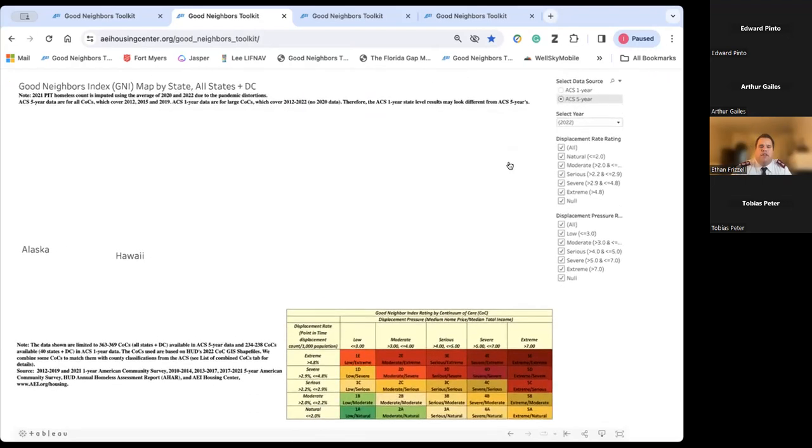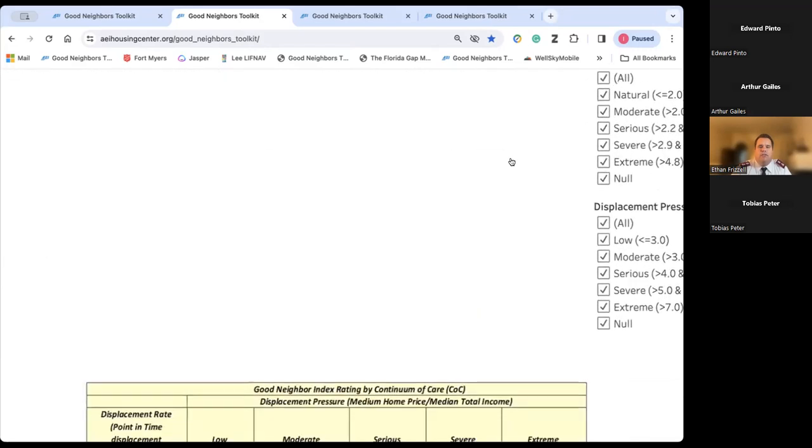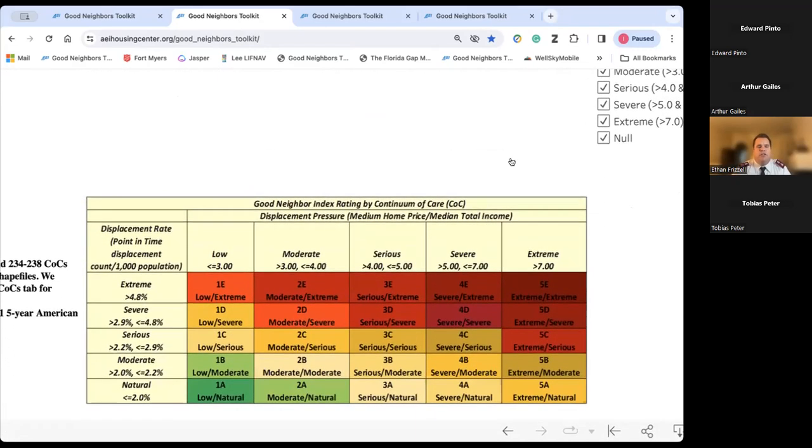This is a good time for us to share with you the Good Neighbors Index by color chart, which is on the bottom. You may have picked this up already. What we looked at first was displacement rate, which is point in time displacement per 1,000 people. We recognize that there is a natural rate in each community. We call that natural. That says it's less than 2% of the population, or less than 2 per thousand, and then it goes up to extreme, which would be greater than